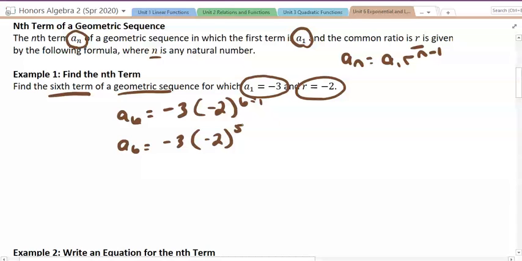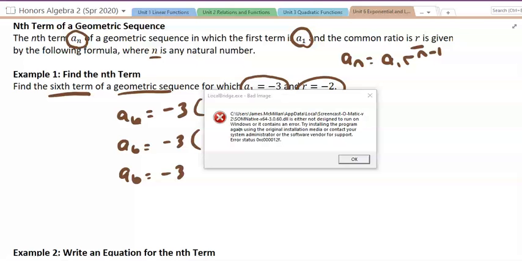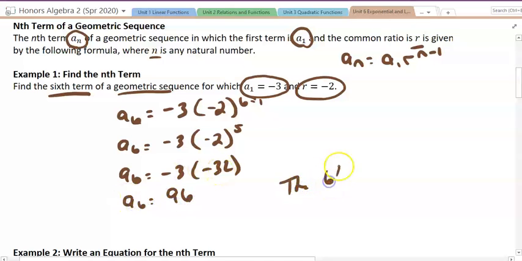And so a sub 6 is equal to negative 3 and negative 2 to the 5th. So it's negative 2 times negative 2 times negative 2 times negative 2 times negative 2, and we will see that this is negative 32. We're going to multiply that by negative 3. And so negative 3 times negative 32 is a positive 96. And so the sixth term of the sequence